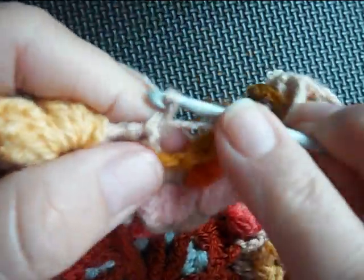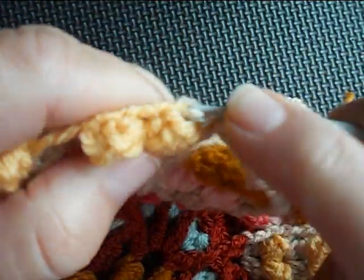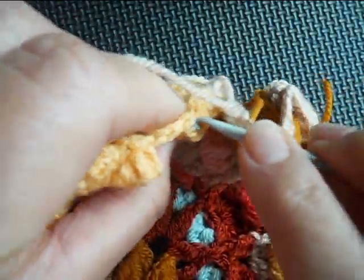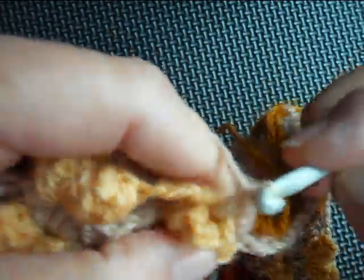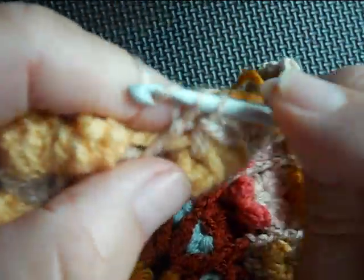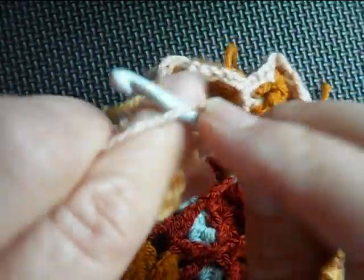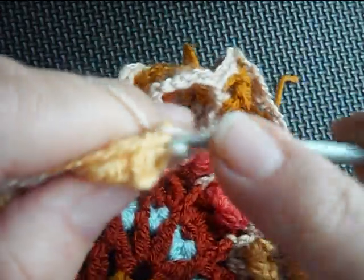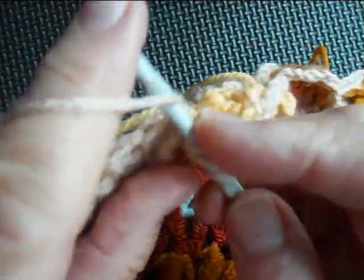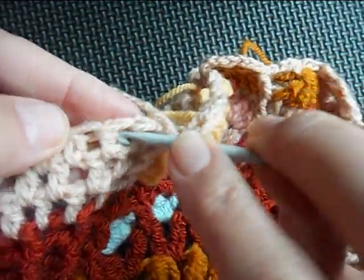Then we chain 3 and we work double crochet front post, single crochet into the top of our pop, chain 2, single crochet into the top of the next popcorn, double crochet front post, single crochet, chain 2, single crochet, yarn over, double crochet front post, skip first double crochet,